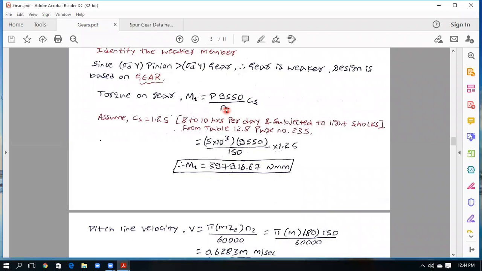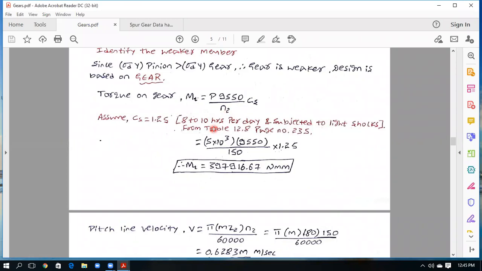In case you are designing for the pinion, that is, if the pinion is weaker, at that time you have to write it as n1. Don't write it as n2. This has to be noted. This is important. Usually some students make a mistake here. If they are designing for pinion, by mistake they write n2 and continue, and whatever further design they do will be completely wrong. If you are designing for pinion, it has to be n1. If you are designing for gear, it has to be n2.